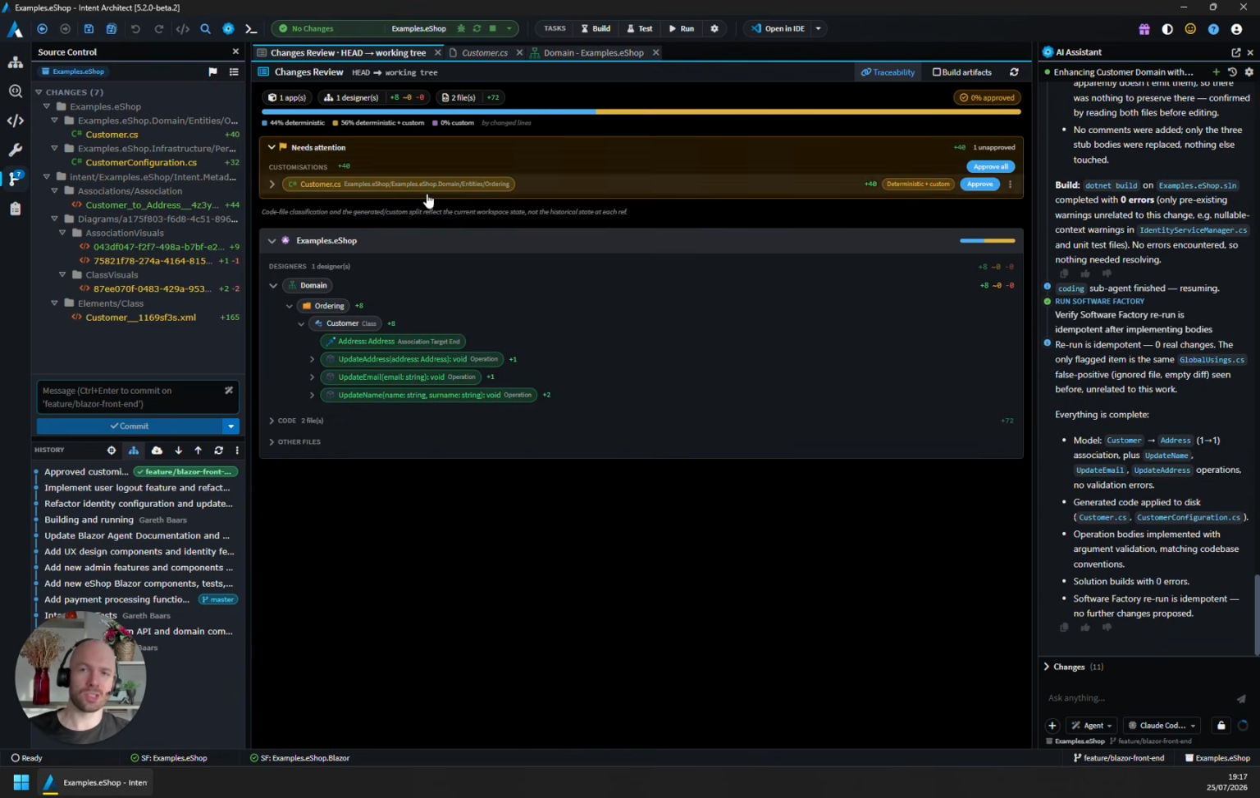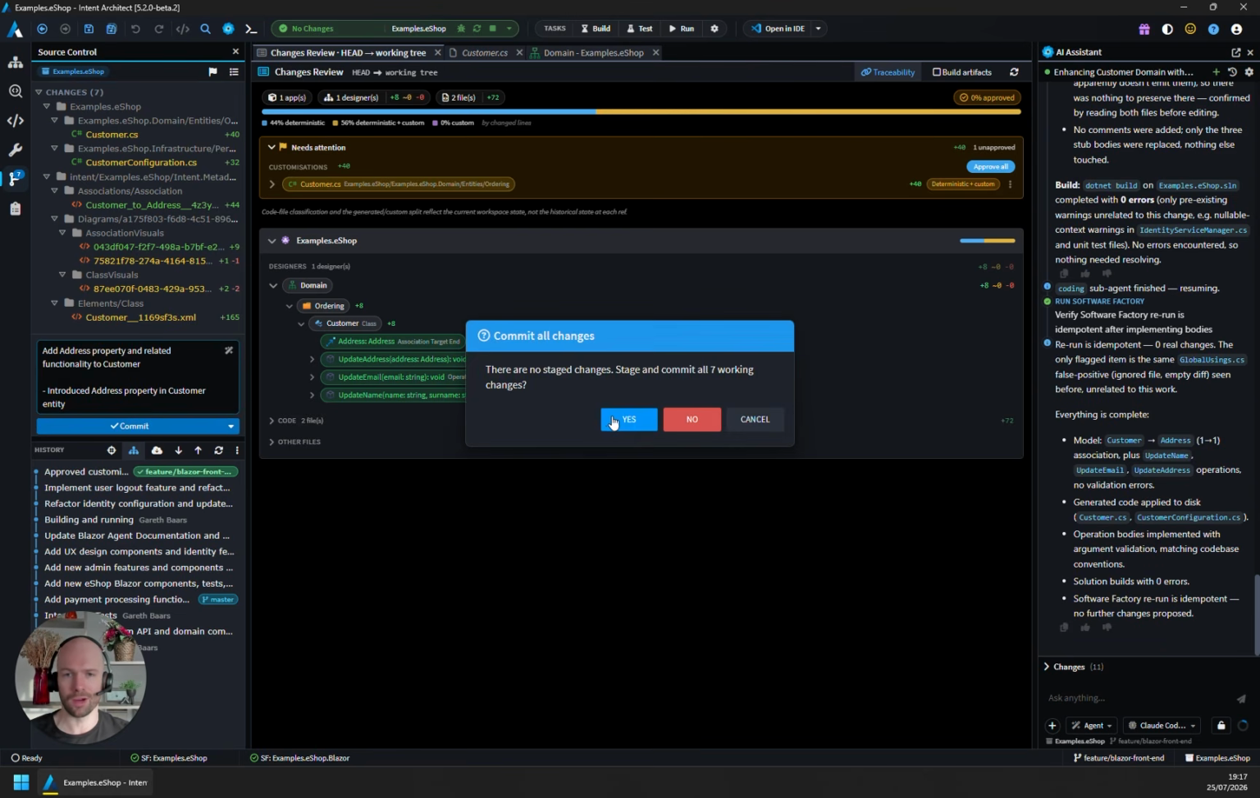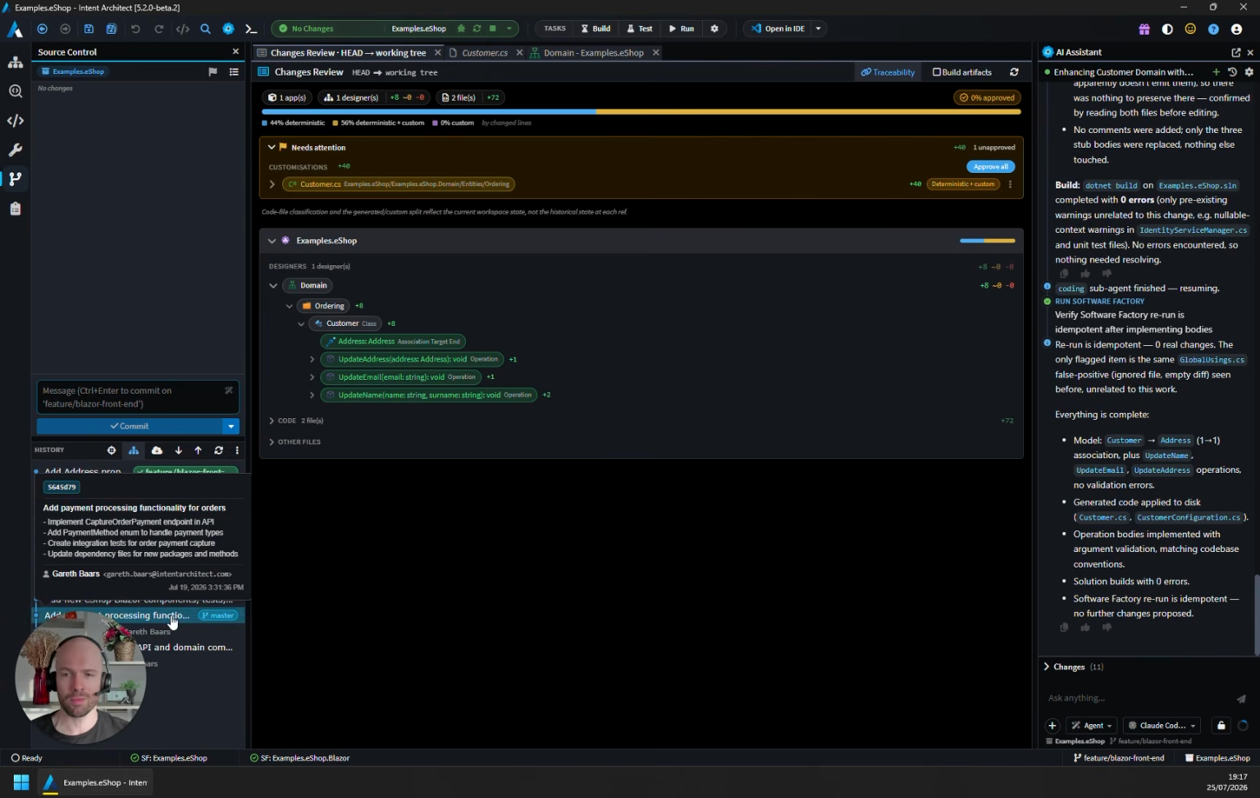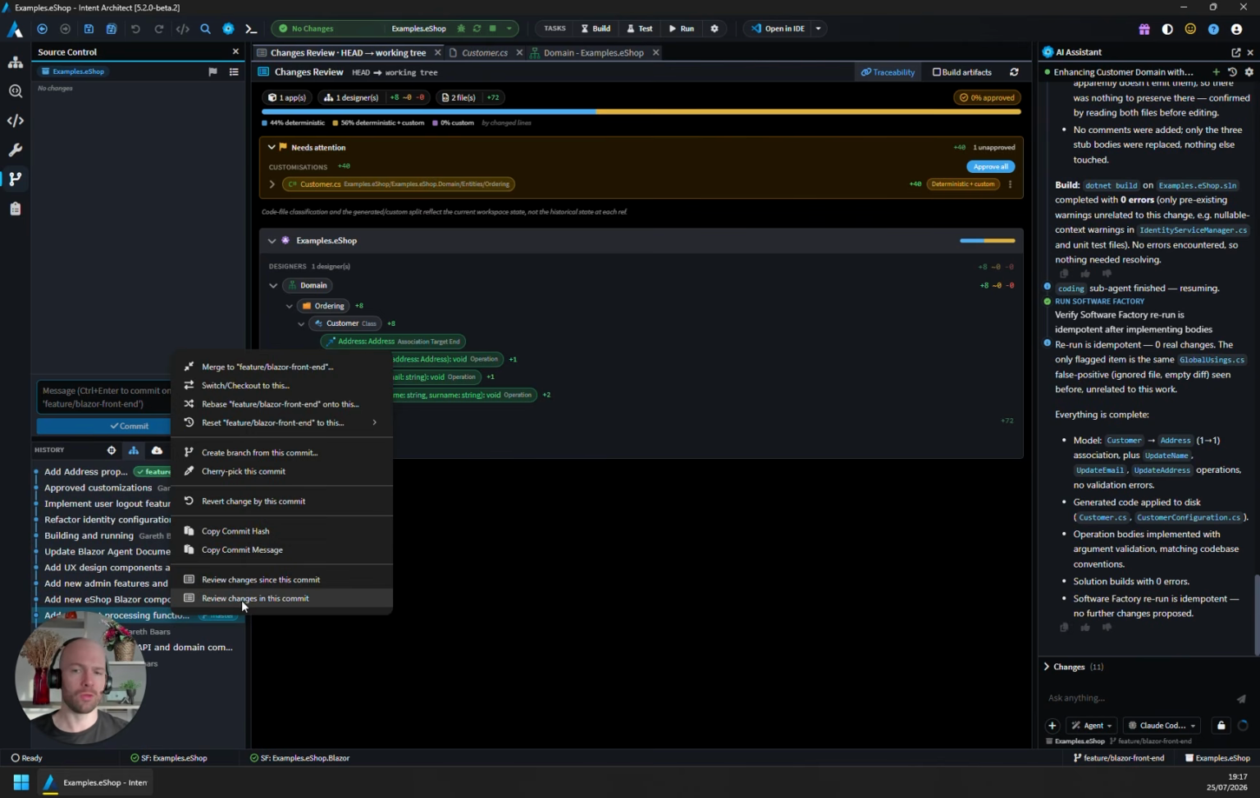But of course, this is just for what's getting dropped as part of this commit. So if we want, we can create a comment over here and we can go and commit this into our source control, which is all fine. But maybe we're very curious about what happened a little bit downstream. So for example, on this commit over here, which is adding payments, I may be curious about reviewing the changes